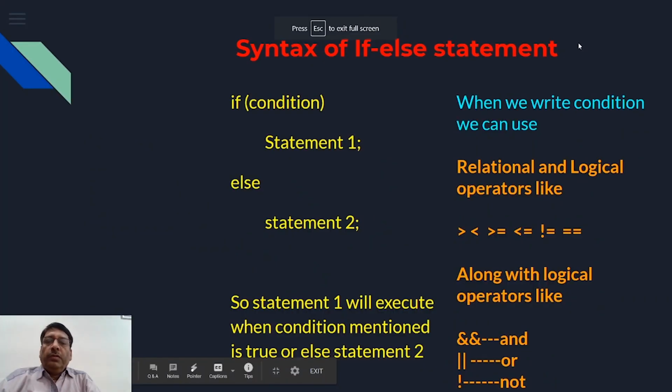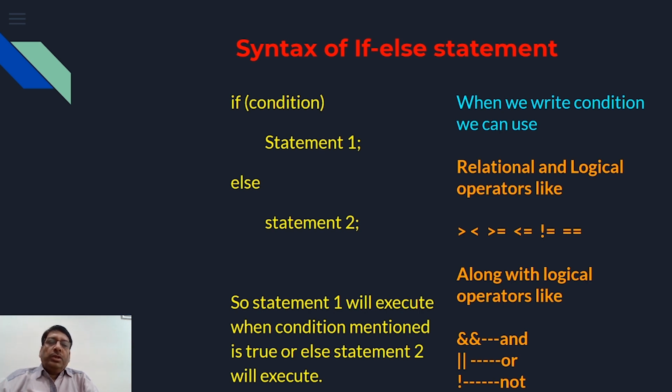So in the previous video, we have seen what are the different basic data types we have in a language called C++. How we are going to declare a variable, what are the rules of declaring a variable, and then we have seen how we make use of input and output statements called cin and cout. And we also have seen the use of namespace, why we are supposed to write the namespace and so on. Today in this video, I'll try to explain if and else statement